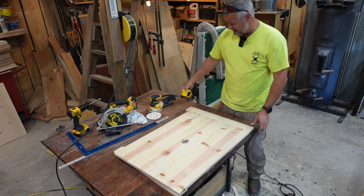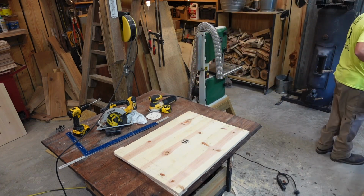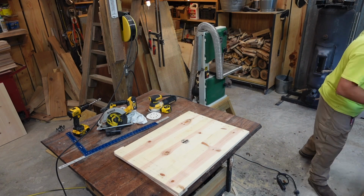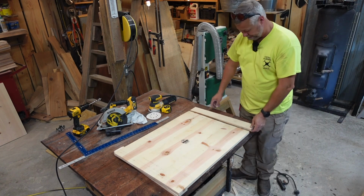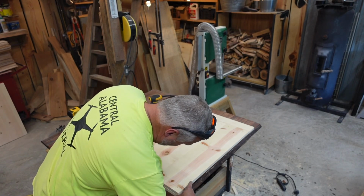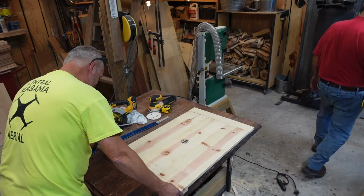So it is 22.5, but I like to mark them just to be absolutely positive that I've got everything worked out and I haven't cut them too short or too long. Because if I have messed up on another measurement somewhere along the way, now would be the time that I'd actually be able to kind of correct that. So fixing to snag the end off of this guy where I can put it together. And like I said, this is just my method, guys. I like to make sure I haven't messed up anywhere and went too long or anything. And I just like using my piece to measure them with,